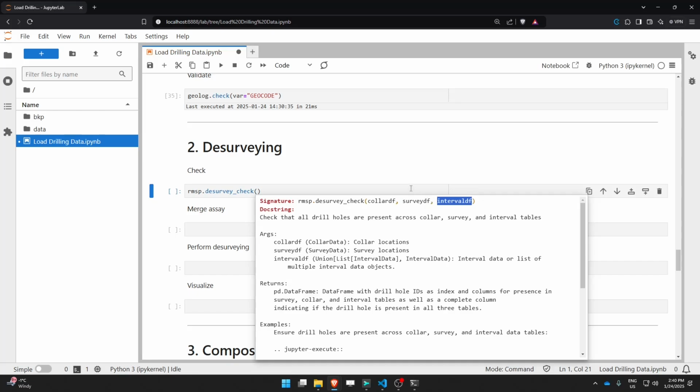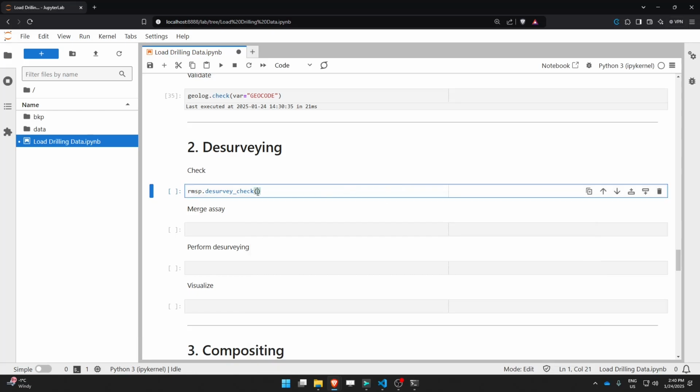As you can see, it's very common to have multiple data tables. In our case, we have one data table for assay and another data table for the geological logs. So we might want to check all of them together. So let's give our collar data in here and survey data. And of course, we want to check both our assay and geolog interval data. So we can capture the output of this function into the check desurvey